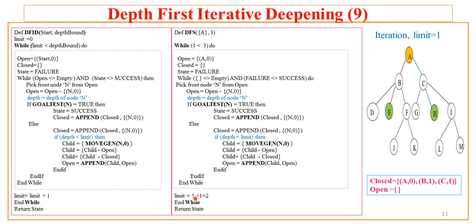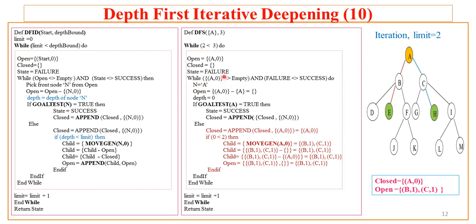Now at this point of time, it will increase the value of limit. The current limit is 1 plus 1, so it becomes 2. With this new limit, it will check the while condition, limit less than depth bound, and start the next iteration. We'll see in the next slide. It checks whether the updated limit value, which is 2, is less than the depth bound 3. Yes. So again, it starts with A, closed is empty, state is failure, and open has only one node,